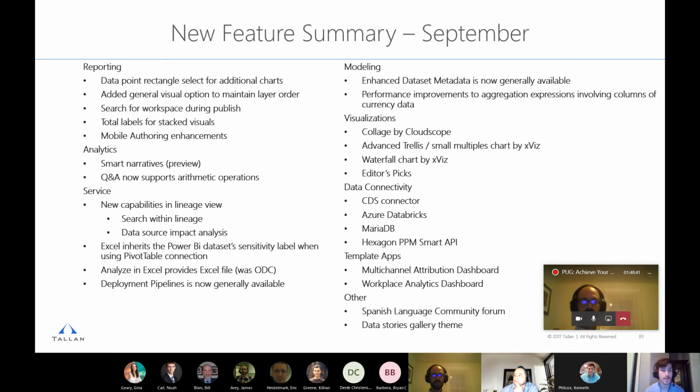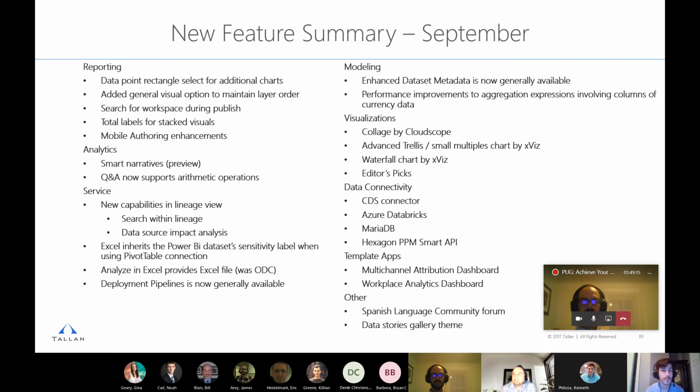In addition to that, in terms of analytics, the QA feature now supports arithmetic operations. What that means is when the dialog comes up to ask a question of your data, rather than just inputting a specific value from a table, you can put a parenthesis and have that value plus another value minus another value, really tailor your questions. I don't really use the QA feature that much, but it's cool to have that little extra control over the question you're asking of your data.